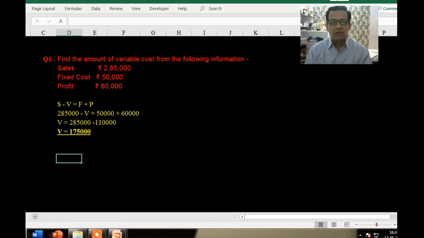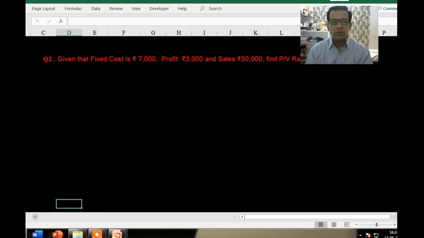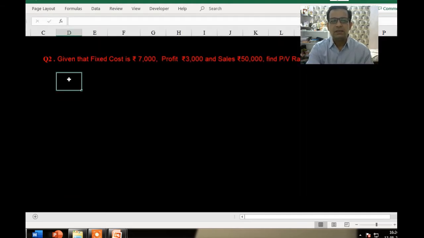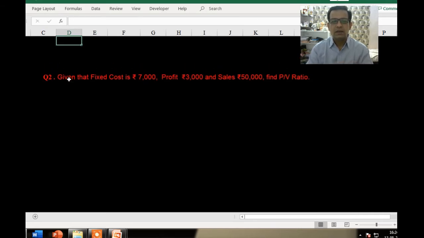Now this is done, so let's look at the next one. What's the next one that we are getting? The second question says, given that fixed cost is 7,000, profit is 3,000 and sales 50,000. What we need to find is the PV ratio, a comparatively very easy part. PV ratio